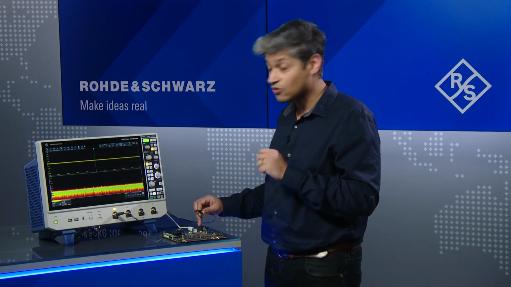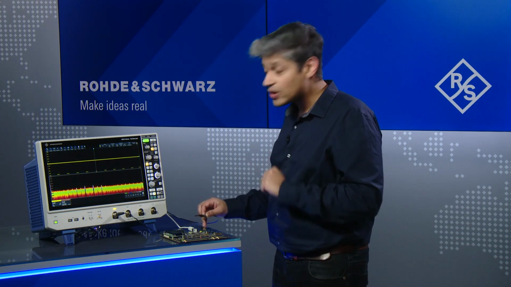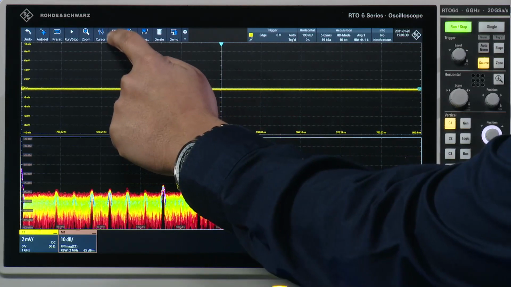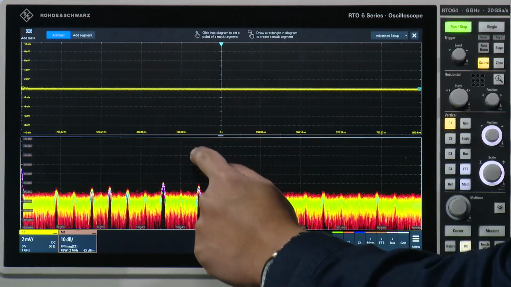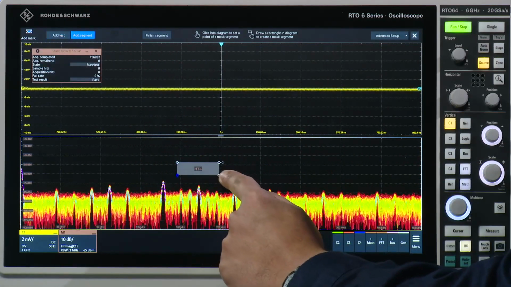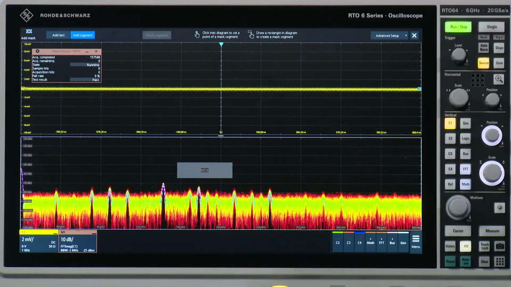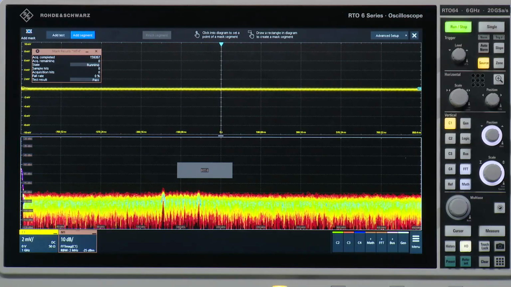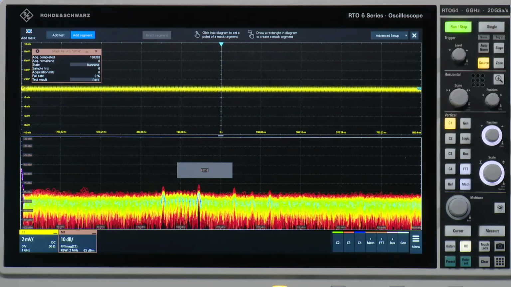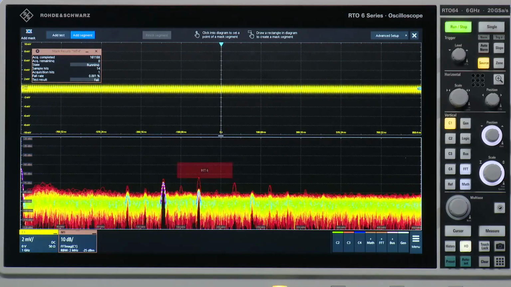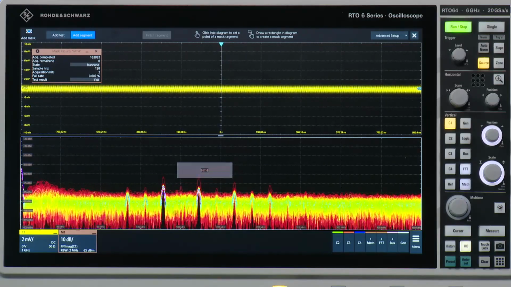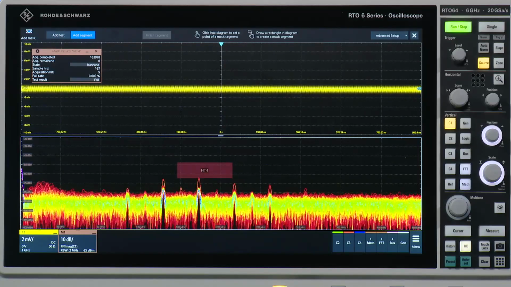So now that we've actually found out where this spur is coming from, what can we do to say, I want to see that in more detail or capture it, or see how frequent this is? The way we could do this is by using the mask tool. So here we can go up and choose a mask segment, and by just drawing with my finger, I can then set up an area in which I feel that the signal would be violated. So here, as I walk it around, you can then start to see as soon as the signal crosses that segment, it then starts to go red and start to fail.